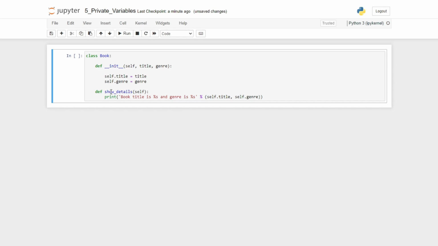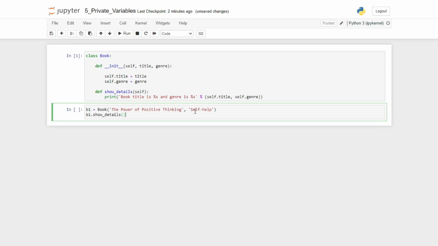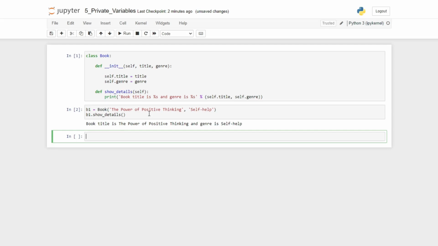Then we also have here a method show details that simply prints the title and the genre of the book instance. So let me execute this. And here we create a new object of type book. The title is The Power of Positive Thinking, and it is a self-help book. And then we also invoke the show details method. So now if we execute this code, it prints book title is The Power of Positive Thinking and genre is